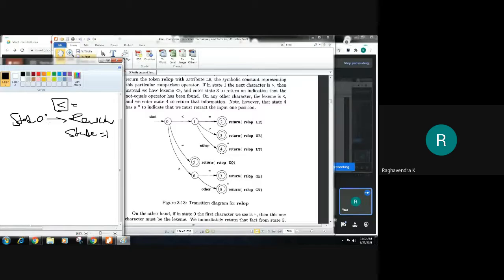So at state 0, whatever character I have read, if it is a less than symbol, then I have to change the state to 1.